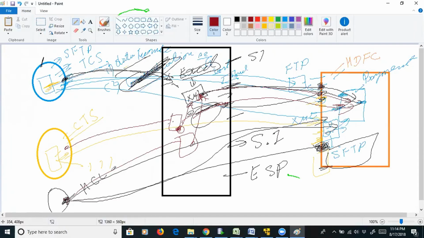Now you can see that HDFC Bank can accept data in any format, and it can translate it into the format that its own system wants. It can accept the file from any protocol. So with all this explanation, the concept is that ESB